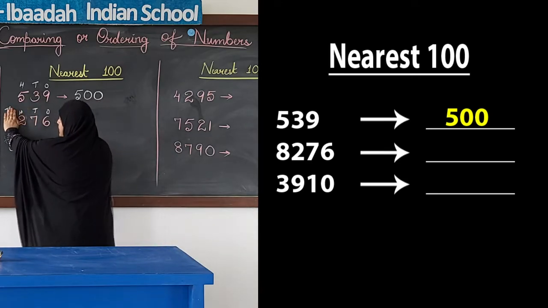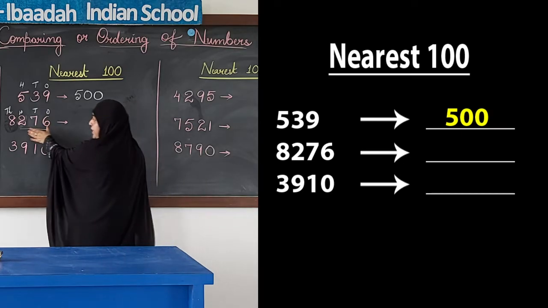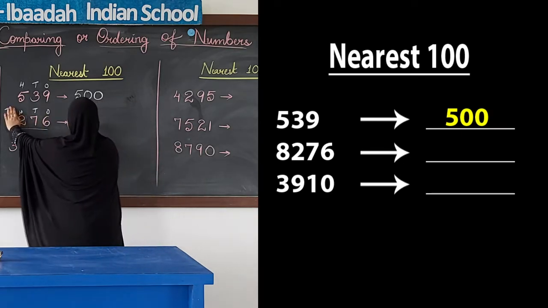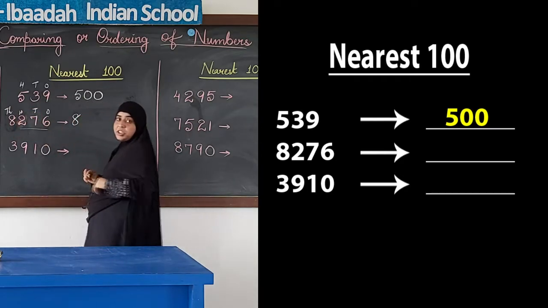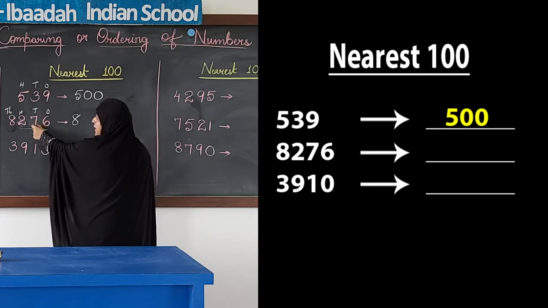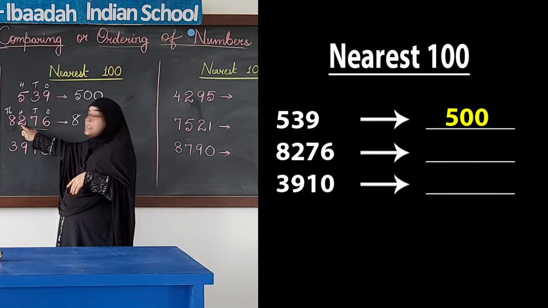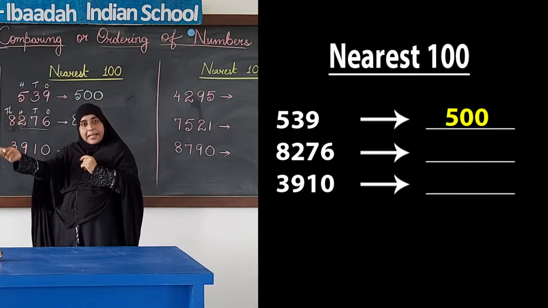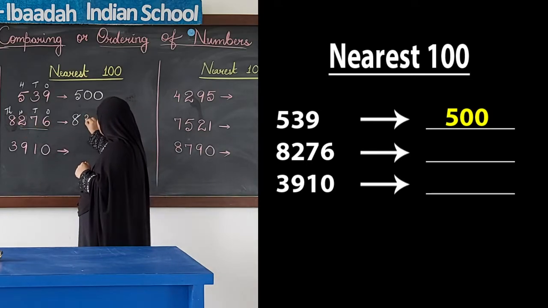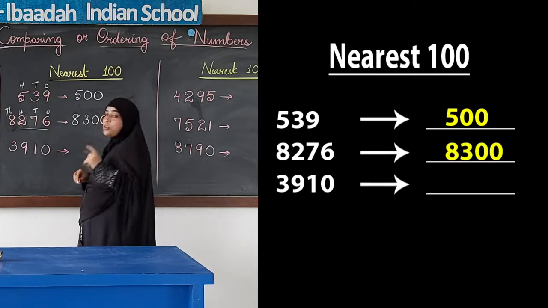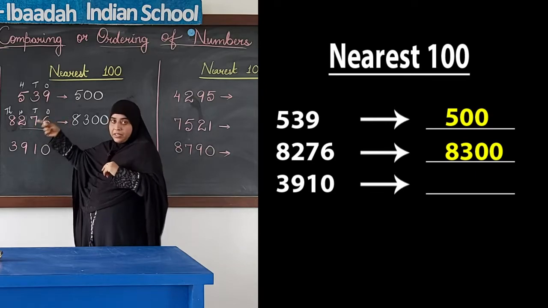The fourth digit will remain as it is, only these 3 numbers we have to check. Okay? We have to change these 3 numbers. Here you will see that 8 we have written as it is, only this 2 we have to change. Which is the number next to 2 in the tens place? 7, that is more than 5. So, that means this 100 will go to the next 100, that is 300. So, 276 is close to 300 and not to 200, because it is more than 5 over here, that means more than 50.